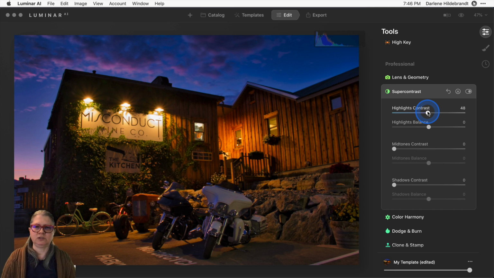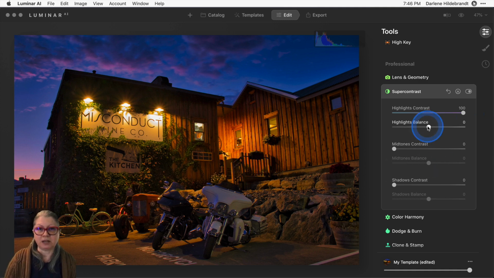So how I like to use this tool is I will turn up this first slider, the contrast slider, which is the amount, pretty high, right? So that I can see what it's doing. Now, look what's happening over here on the sky. It's doing a fantastic job, but it's kind of flattening this area out.